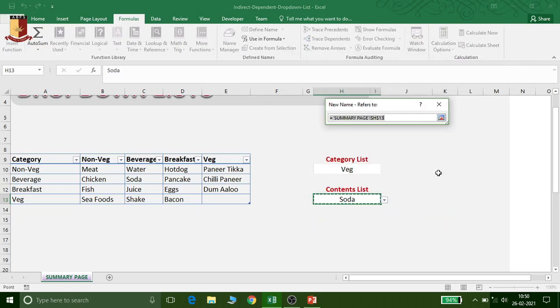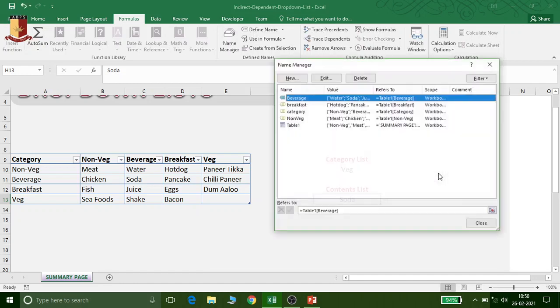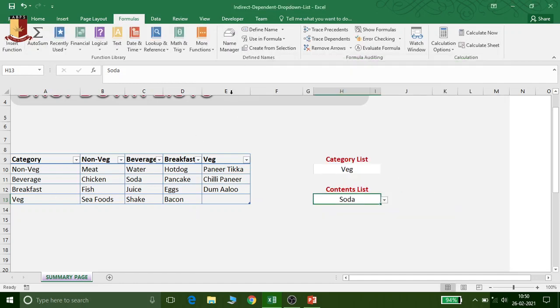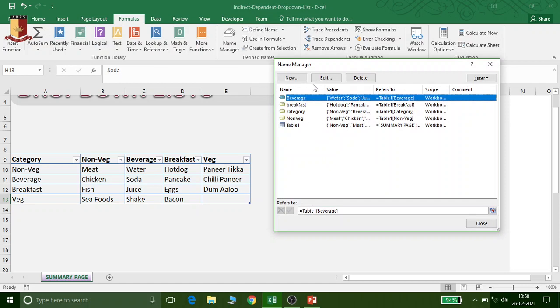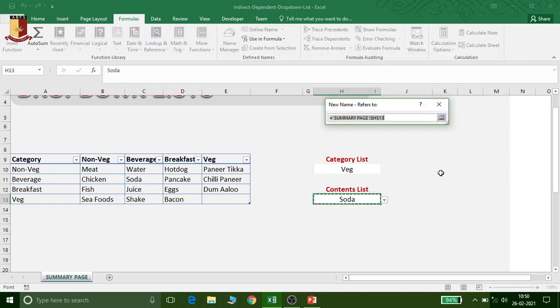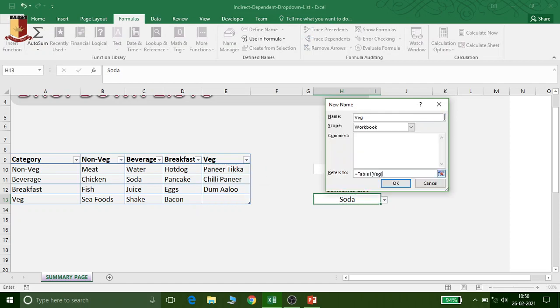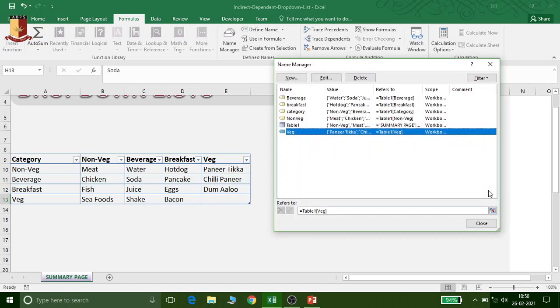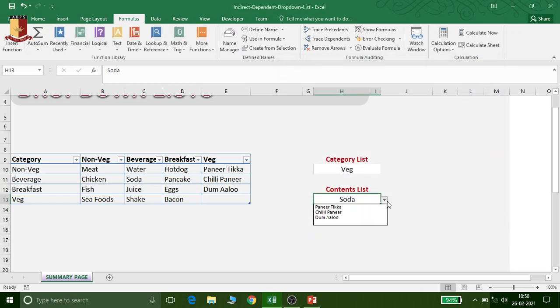This I selected. In Name Manager, create new, veg here. Now this is the veg one. Click OK and then OK. Now this veg is created. Close it. Now just check. Okay, there was some misspelling, a capital and small letter mismatch. That's why it was not appearing.